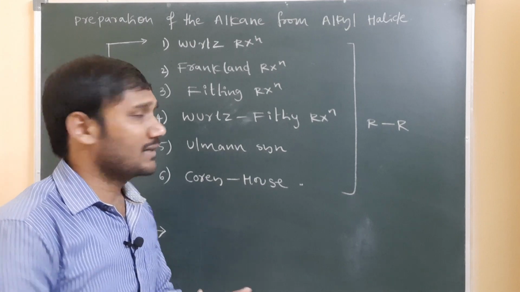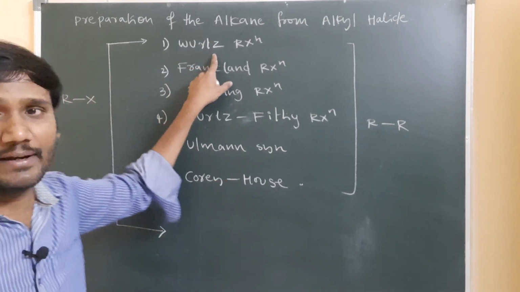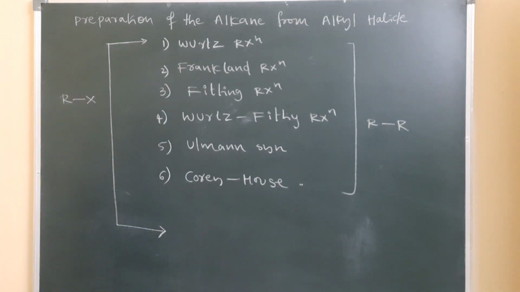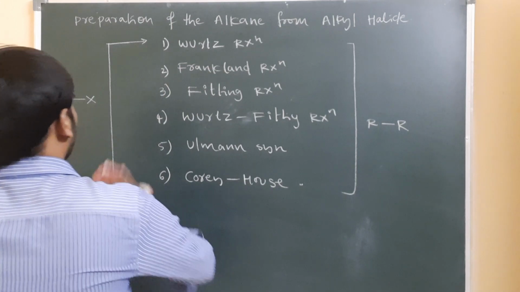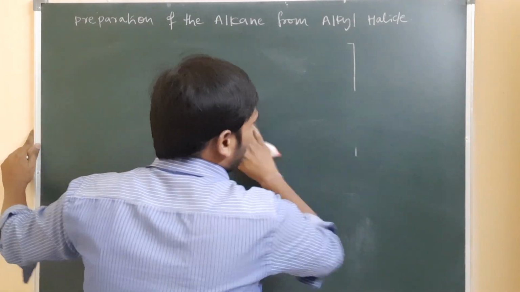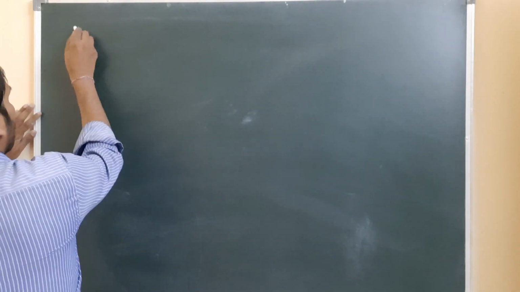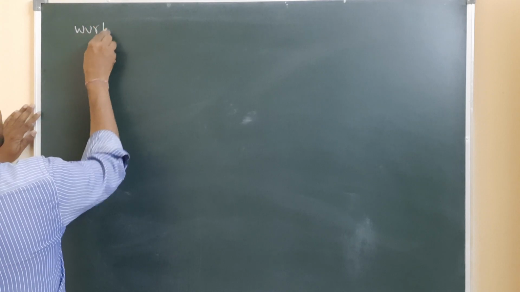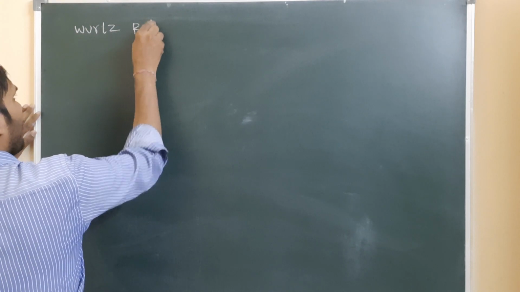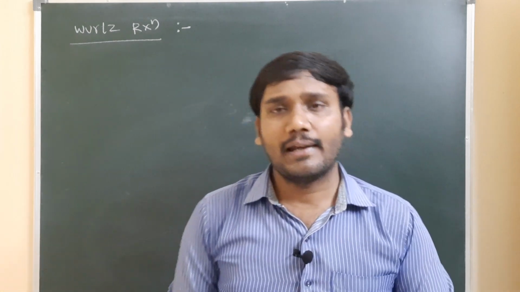So let us discuss the preparation of the alkane from the alkyl halide with the help of Wurtz reaction. First of all, what is the Wurtz reaction and how can you prepare the alkane? The first one is the Wurtz reaction. Wurtz reaction means alkyl halide